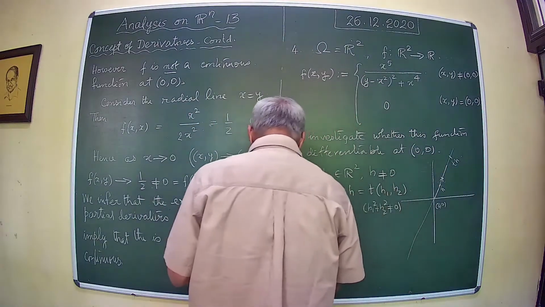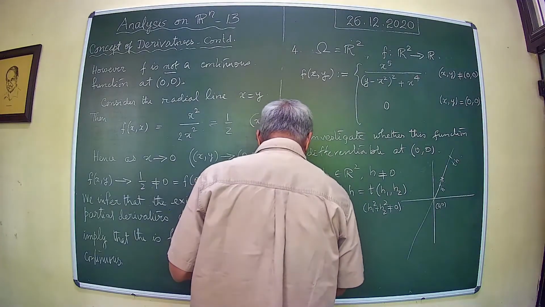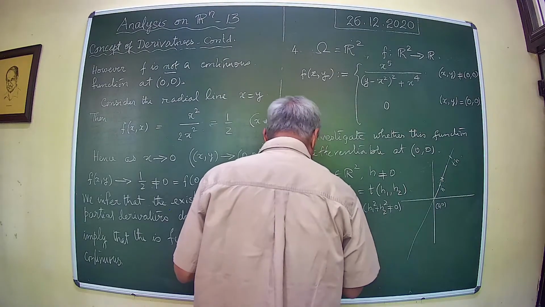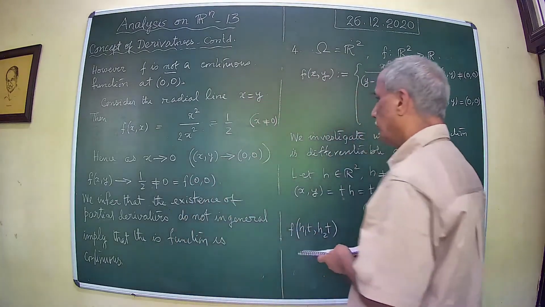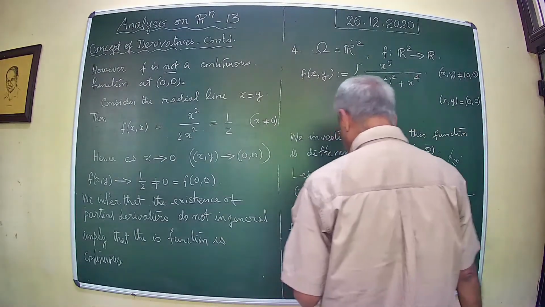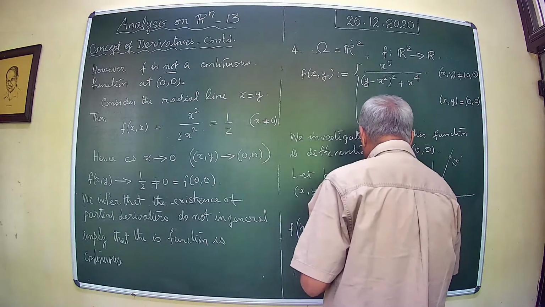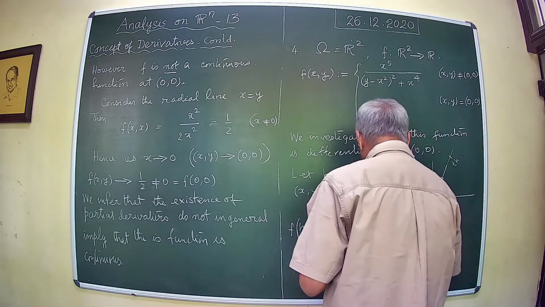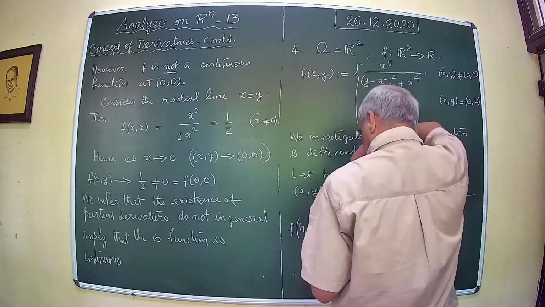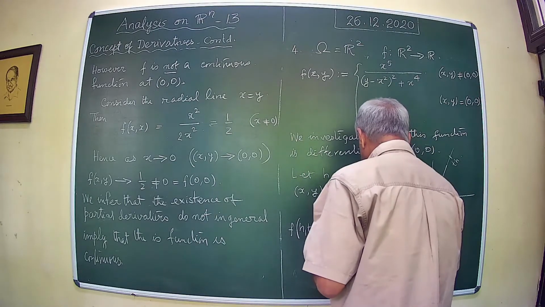Therefore, f of th is now computed as h1 to the power 5 divided by h2 minus